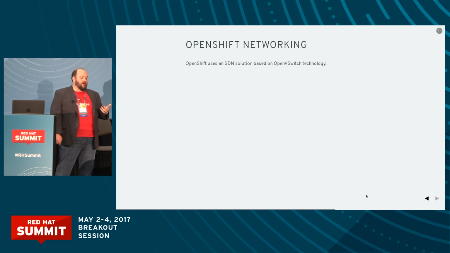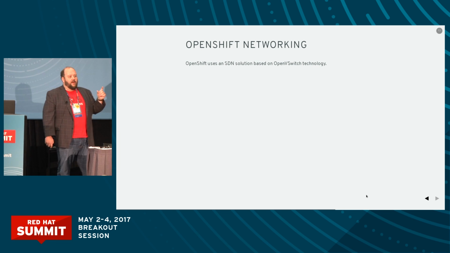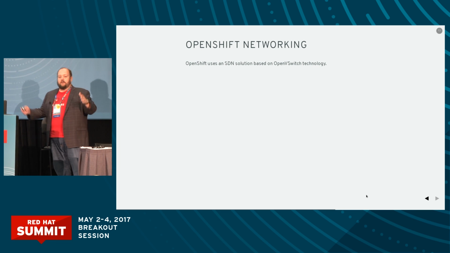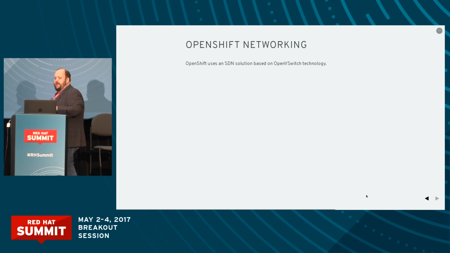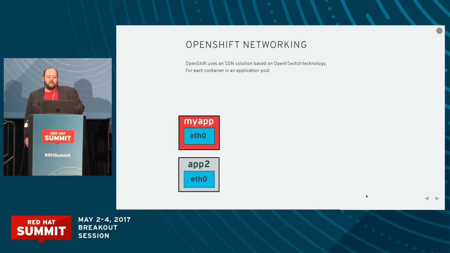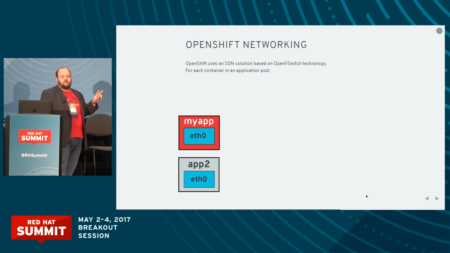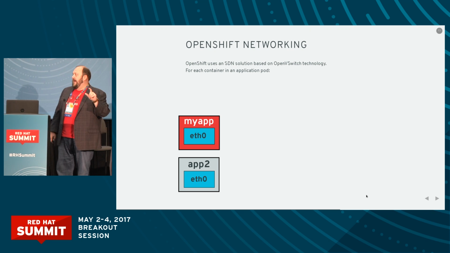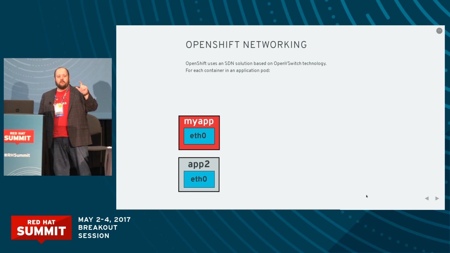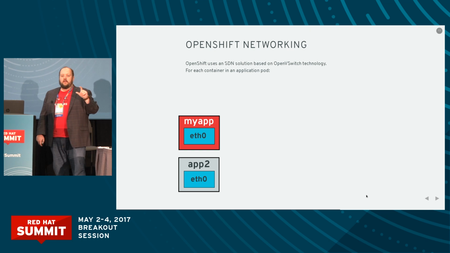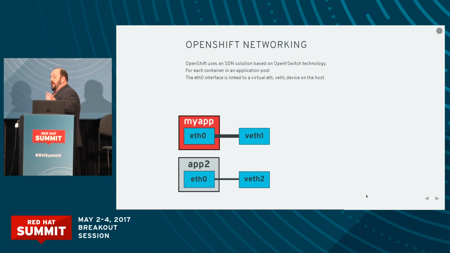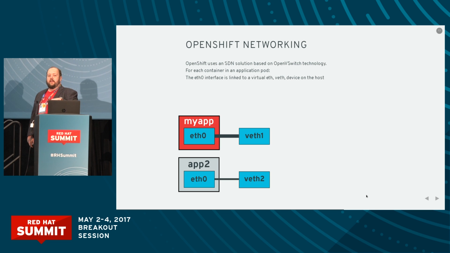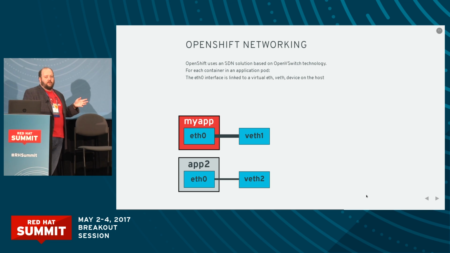So OpenShift networking. OpenShift uses software-defined networking to isolate resources better inside the cluster. And software-defined networking can be a little scary, but it's actually not that weird. So let's say we have 2 containers up and running. Each of those containers has that interface that was created by the network namespace. So I have 2 containers, each one has an eth0. I have on the host a corresponding, what we call a veth, a virtual eth,